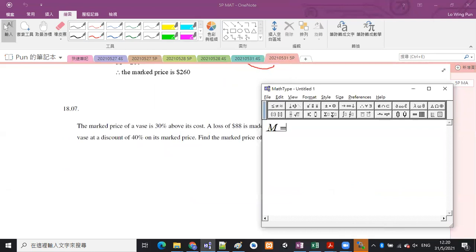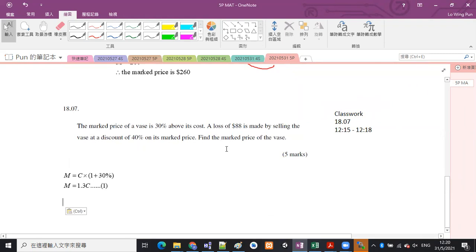M should be equal to cost price times bracket 1 plus 30%. You get this? Okay. Because it is 30% above, so we need to use 1 plus 30%. Above is cost price, so the 1 plus 30% should be multiplied to the C. So M is equal to 1.3 C, and call this equation 1. And then for the second sentence,